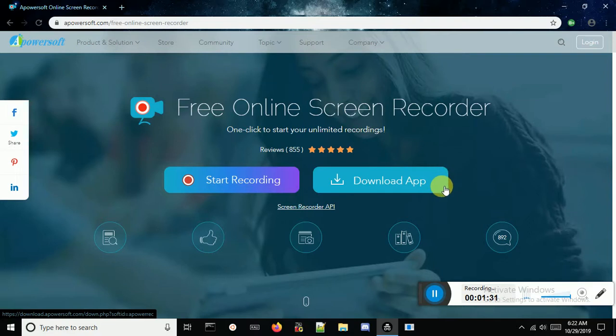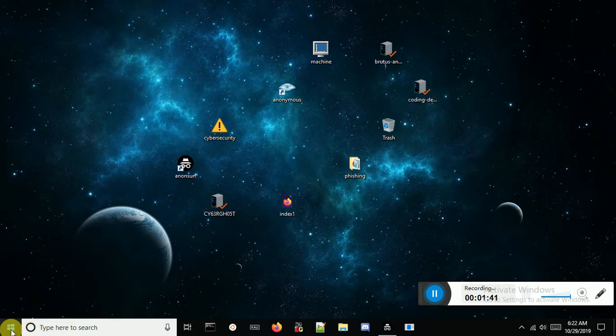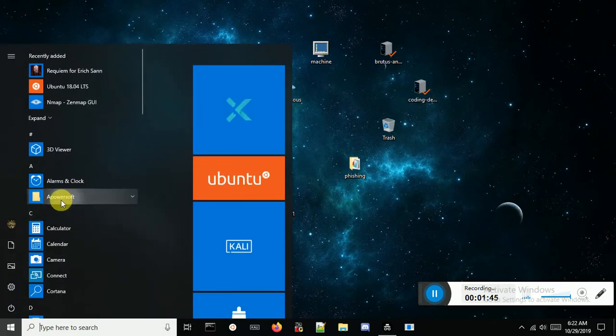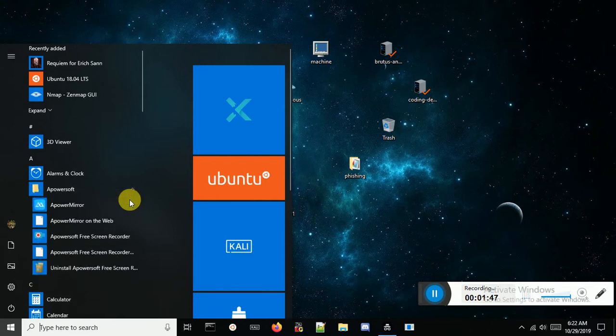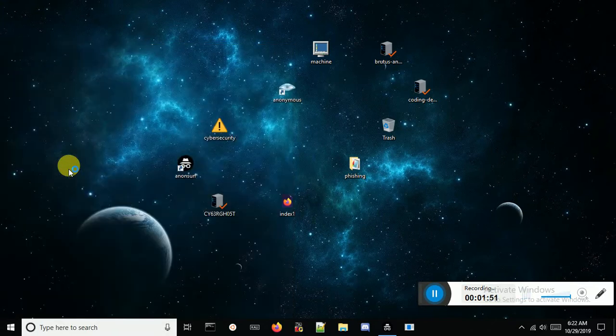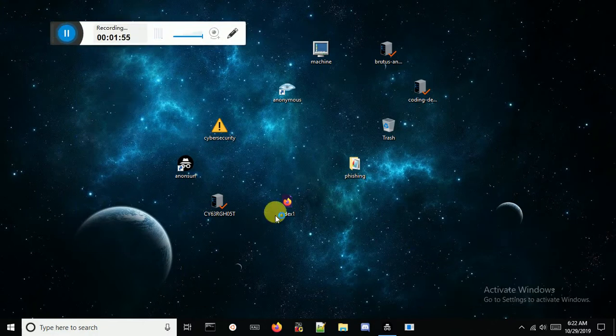So here I'm not clicking on the download because I have already, and I'm still recording this video, this tutorial, to make you understand this application only. So here I have downloaded this, and you can see there is a folder named PowerSoft. Here I'm clicking this folder and I'll see the application here, and I'm just clicking on the application, which is PowerSoft screen recorder, and you will see